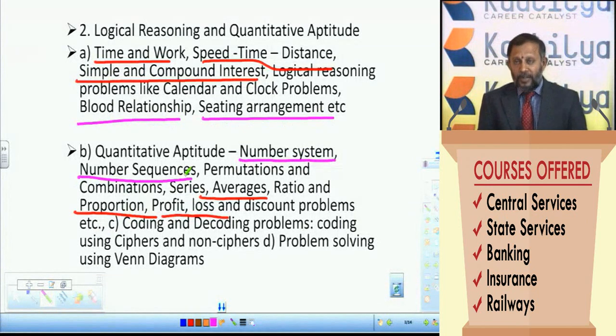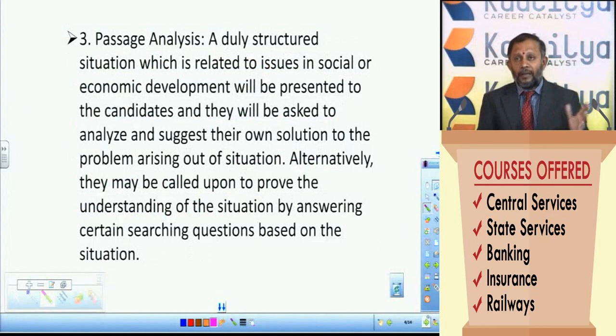So we can divide paper 5 into 3 major sections. The first one is quantitative aptitude, the second one is the reasoning part, and the third one is questions based on the concept of paragraph. In general, the questions in connection with paragraphs deal with financial or agricultural or other issues regarding state government. So these are the basic concepts.